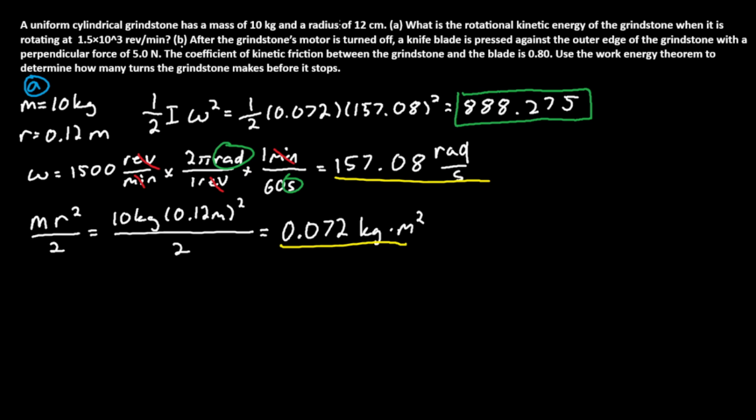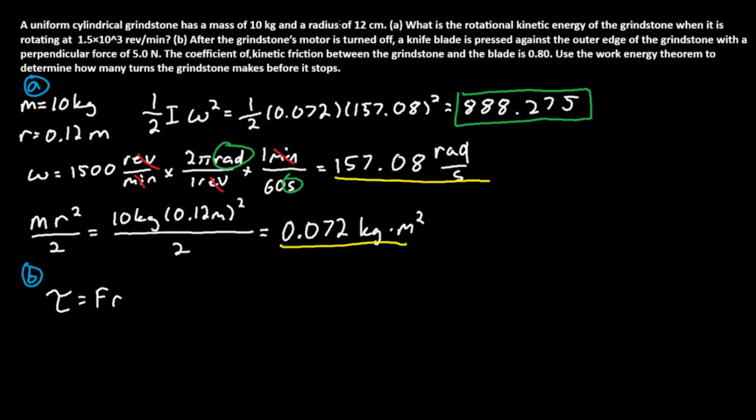Okay, how about this? After the grindstone motor is turned off, a knife blade is pressed against the outer edge of the grindstone with a perpendicular force of 5 newtons. So perpendicular force means that the angle between the two vectors, radius vector and force vector, is 90 degrees. So all we need to worry about is for torque, force times radius. We don't have to worry about the sign value in the cross product. So your force is